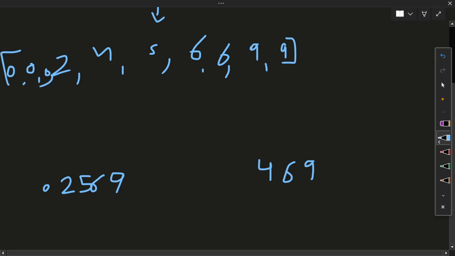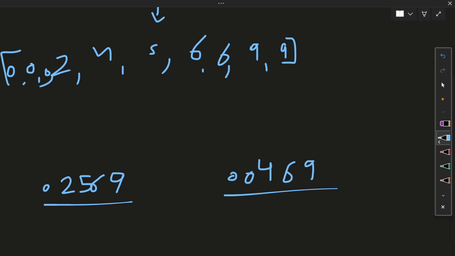So we have 0 here, then 0 here, then 0 here. So we have this number, and in it we have leading zeros. First we need to get rid of these leading zeros. So I will start from the 0 index. If this is 0, we just need to remove the current digit. If this number is not 0, it means till here we are good to go. From this we have a valid number.